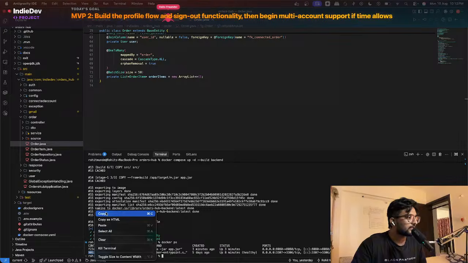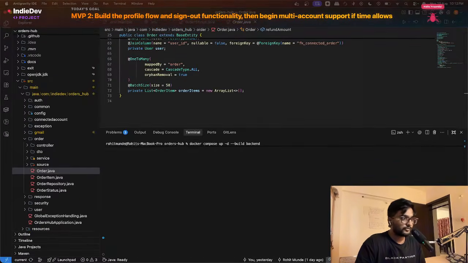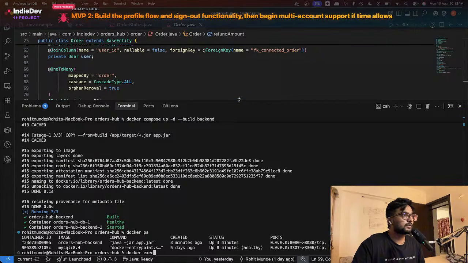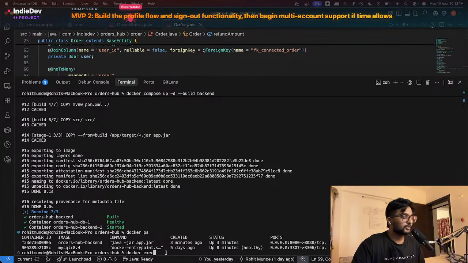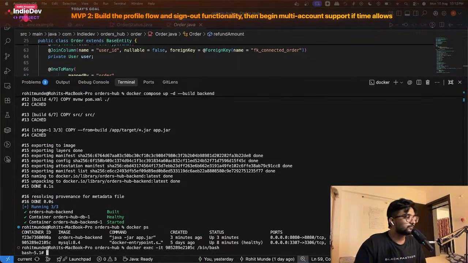Is it running? So, docker execute. If you guys can't read this, this is how it is. Let me show you. Docker execute in integration terminal. This /bin/bash. Okay, we got this, and now